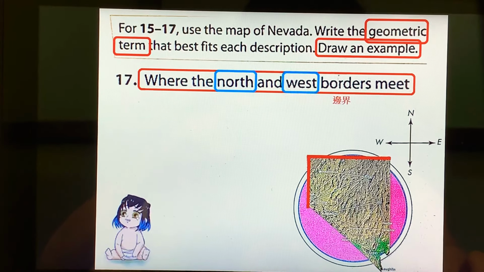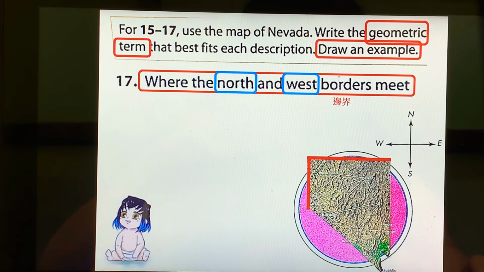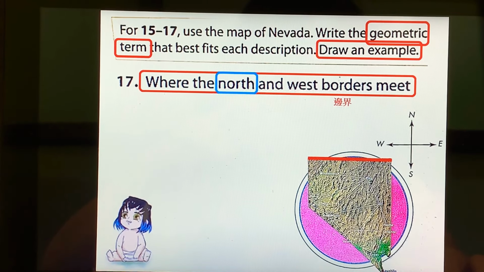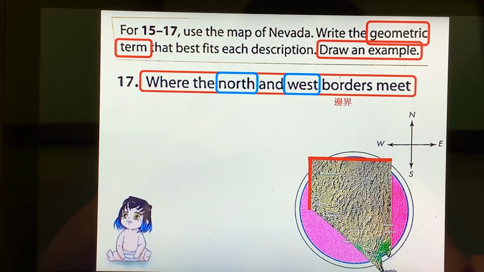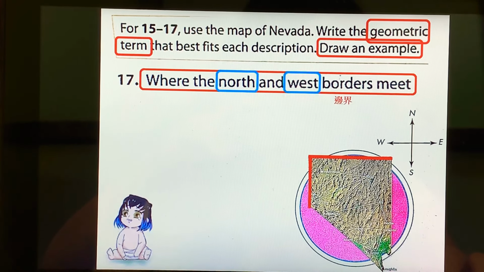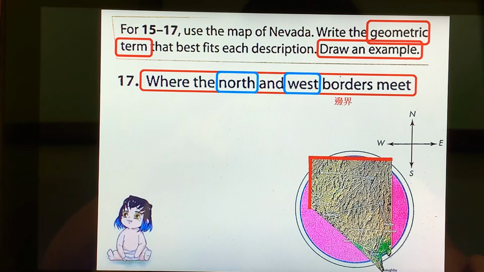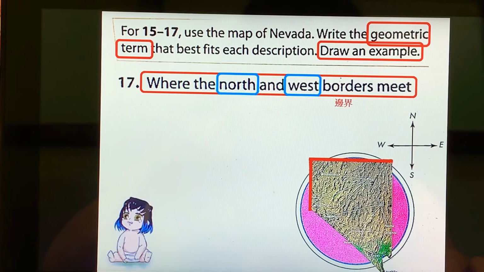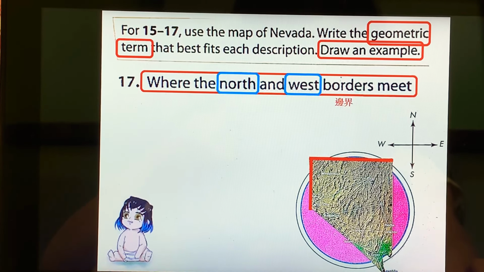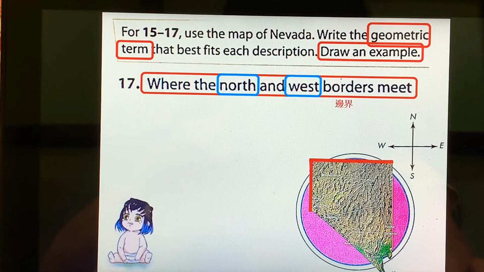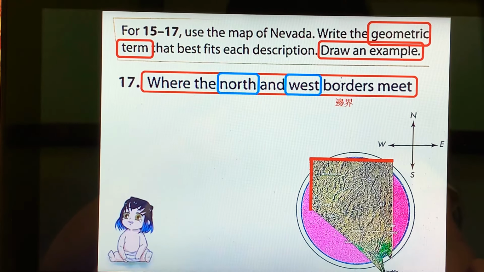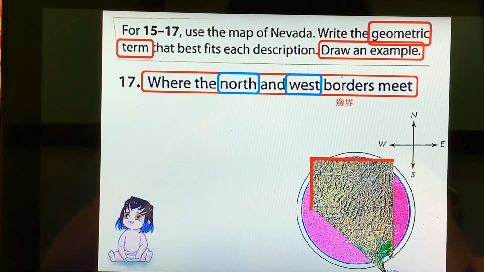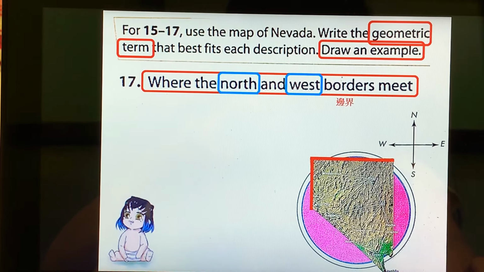I'm also marking the west border in red. See that? 他说这两条边界交汇的地方，形成的是什么东西？